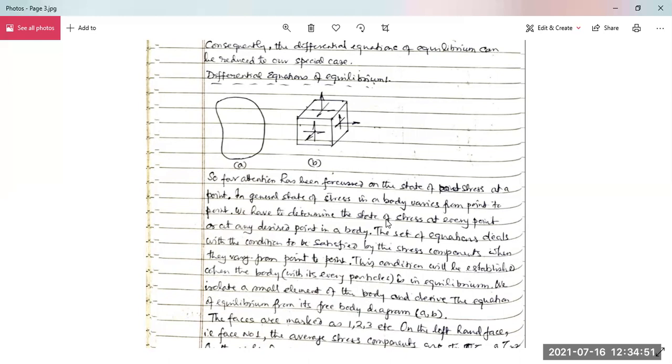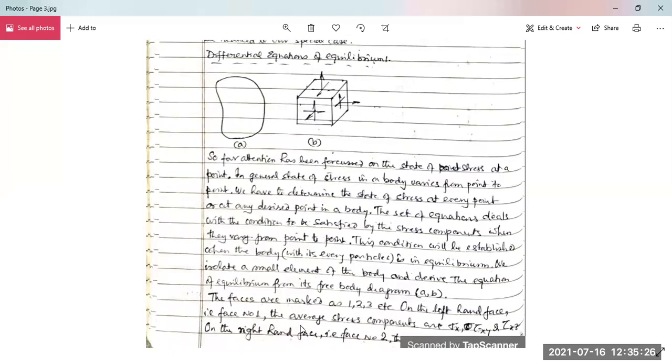So what we are doing: we make a set of equations with the condition that is satisfied by the stress components which vary from point to point. This condition will be established when the body, with all its particles, is in perfect equilibrium. So we have to isolate a small element of the body and derive the equation of equilibrium from its free body diagram itself. The forces are marked as 1, 2, 3,